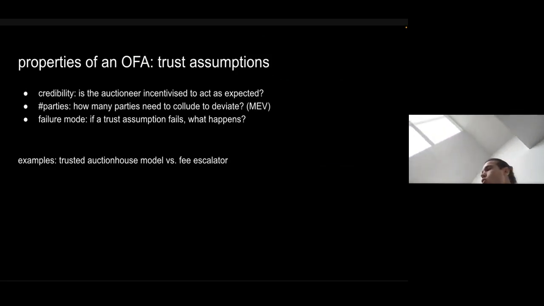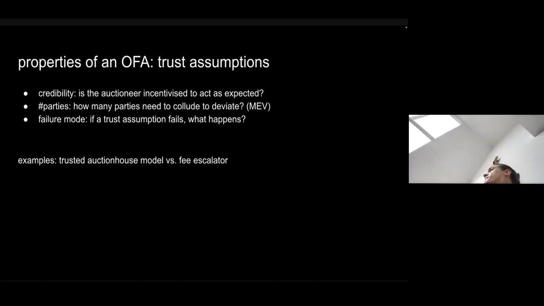And so, a quick example to illustrate why these are important. You can think of a trusted auction house example, right? There's one item, and we have many bidders, and we allocate it, and we have a trusted auctioneer who manages the system and gives the item to the highest bidder, or we have, in this example, a fee escalator, right? In the example of a trusted auctioneer, this auctioneer can pretend he didn't see any of the bids except one, and have that one bidder bribe him on the side, right? Allocating this item for effectively nothing and capturing money on the side.